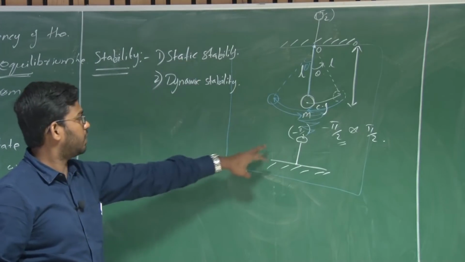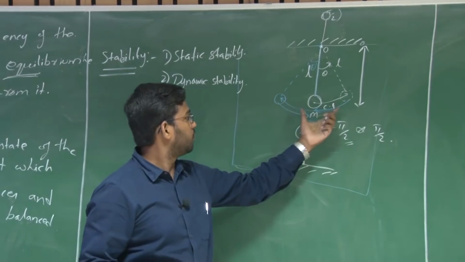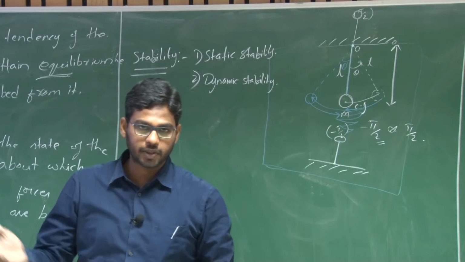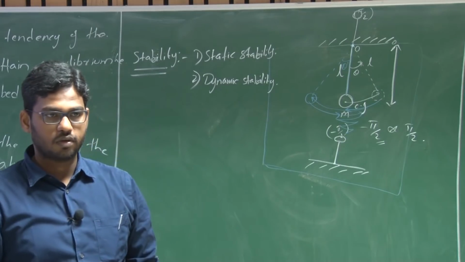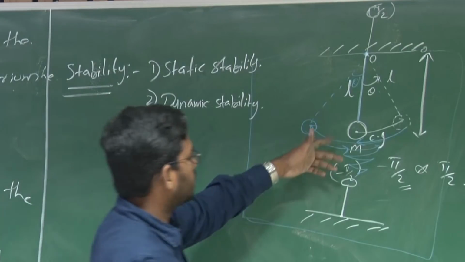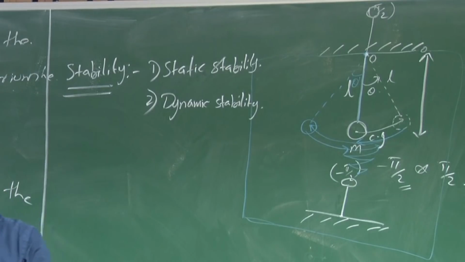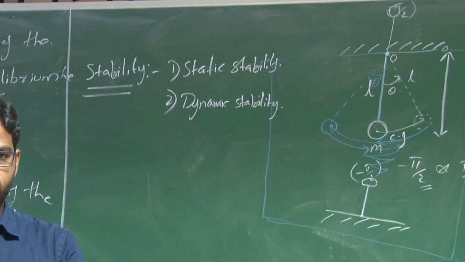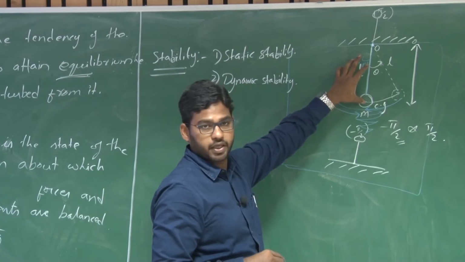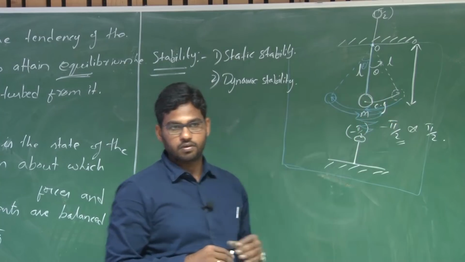Here you are not controlling the system. Once you disturb it from its equilibrium, there is no need for any external control; it will automatically come back towards its equilibrium once the perturbation is done, once the external force is removed from it. So here the system will come back towards its equilibrium automatically once there is no external force acting on it.